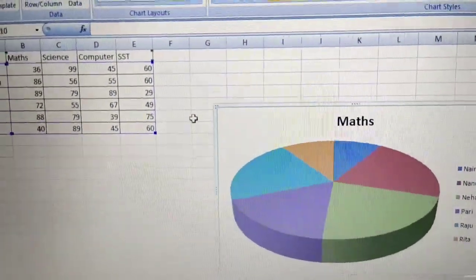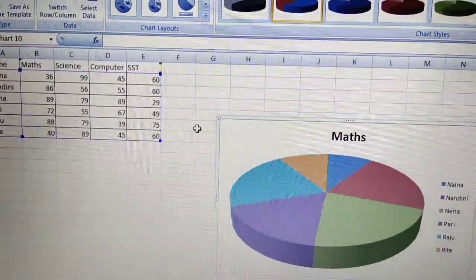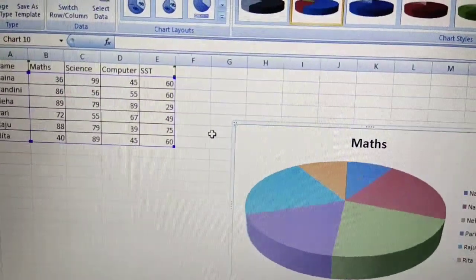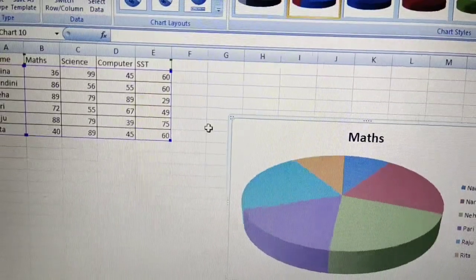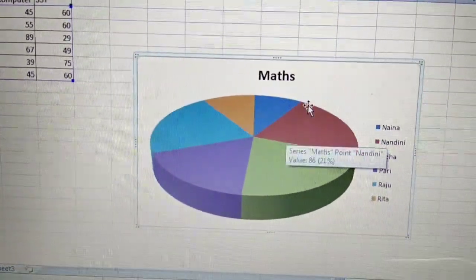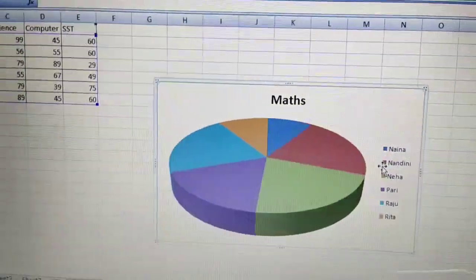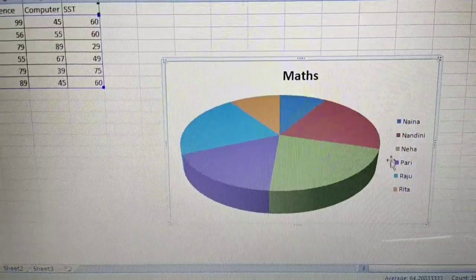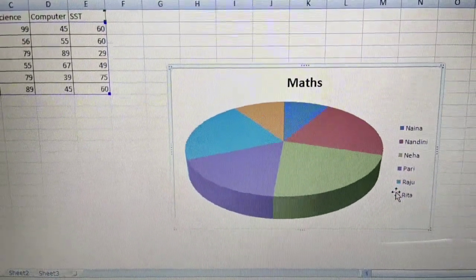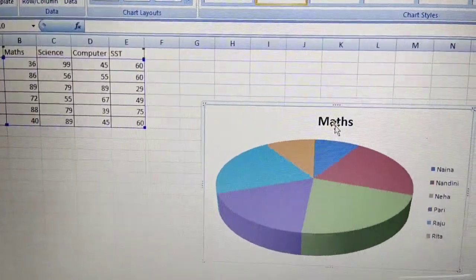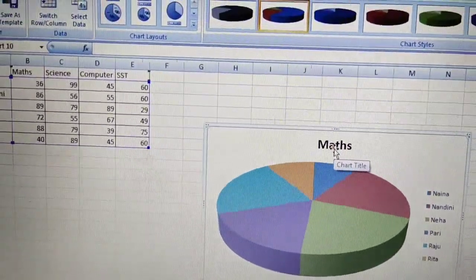Now you see, as I already explained, in a pie chart we can select only a single data series. Here are all the names: Nina, Nandini, Neha, Pari, Raju, Rita. Only the maths subject has come in the pie chart.